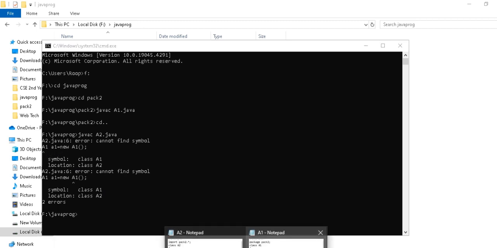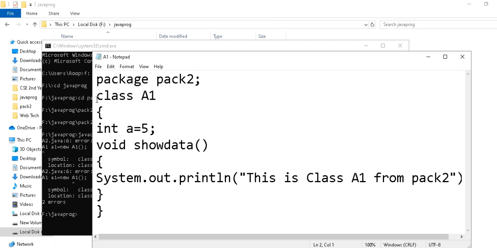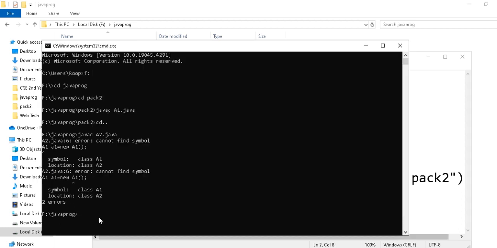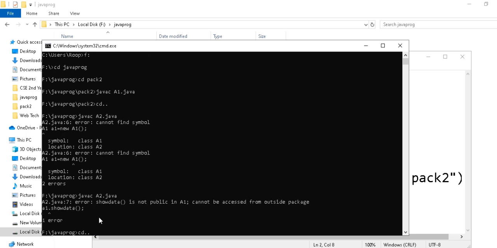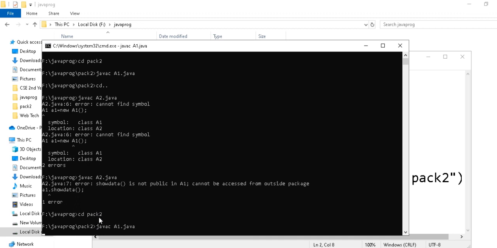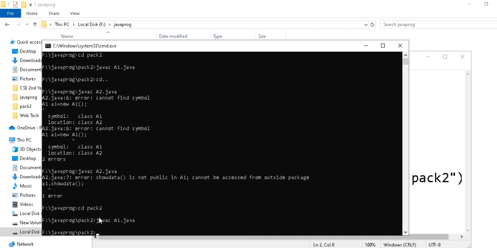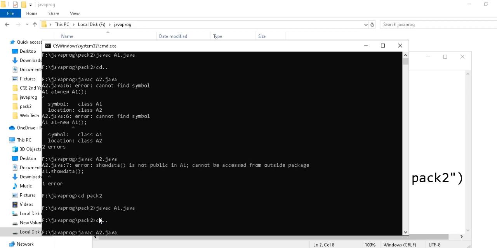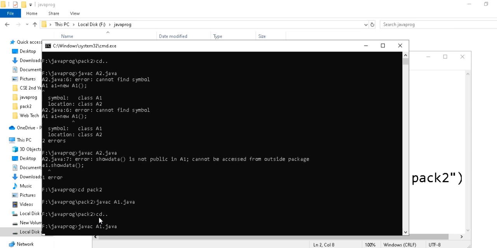So what we did, we moved to this A1 class and then we made it public, okay. We declared this class as public, and then let's compile it. Again there is an error, because you have changed the class in pack 2 package, so you have to again compile it with javac inside pack 2. It is compiled, the new bytecode is generated, then we came back to this particular folder and then we compiled